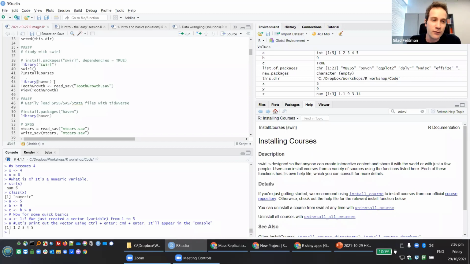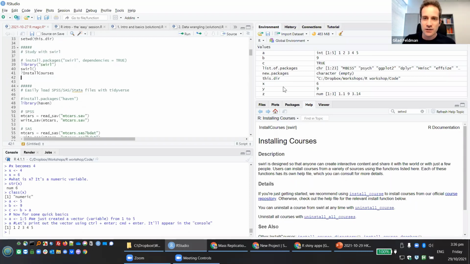That's a big improvement over what used to happen with R, because now you have the tidyverse, and this haven thing is part of the tidyverse, and the tidyverse can really load anything, so whatever it is that you're using, Excel, SPSS, SAS, it can read it and read it quite well. So you see that in order to load data sets, we thought that this was going to be complicated, but